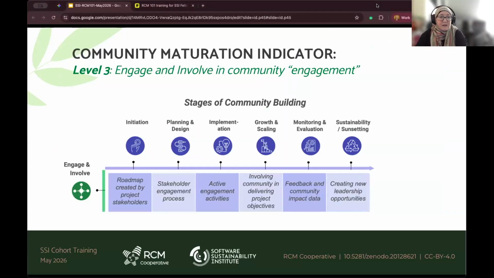we've got here engage and involve. So really starting to get engagement in your community. You might start that by doing road mapping with your community, what they really want to be doing, and develop this stakeholder engagement process in the planning. You do lots of active engagement activities with them, and then involve the community in delivering their project objectives. So growing the community, getting their feedback and impact data for the community,